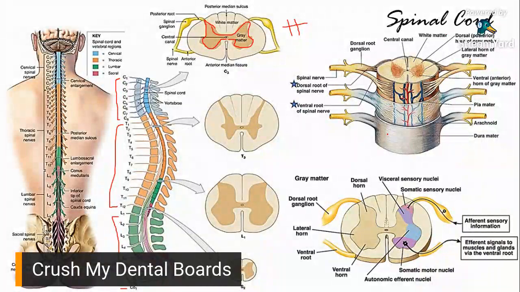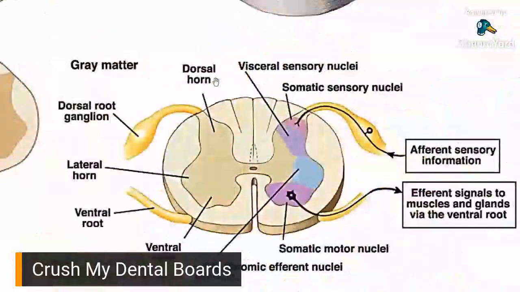Here. Okay. So, here you can see horn. Horn is like yung projection niya, no? So, the spine is actually divided into a ventral side and a dorsal side. Alin ang ventral side? Ventral side would be the anterior side. Dorsal would be at the back. Okay? So for us, human beings, since we stand tall, we walk tall, ang ventral side ay yung chest side. The dorsal side would be the back side.